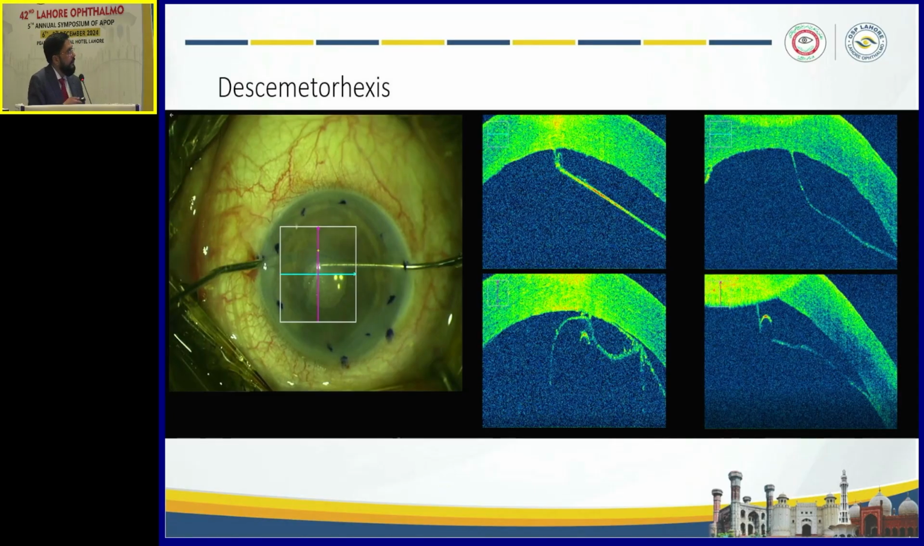So this is descemetorrhexis. Now you can clearly see the instrument over here, and this is going over here and peeling off the endothelium from here. Peeled off endothelium is visible here. Now these red marks, they are the tip of the instrument. So we can clearly see that we are removing the endothelium. Once you have done that,